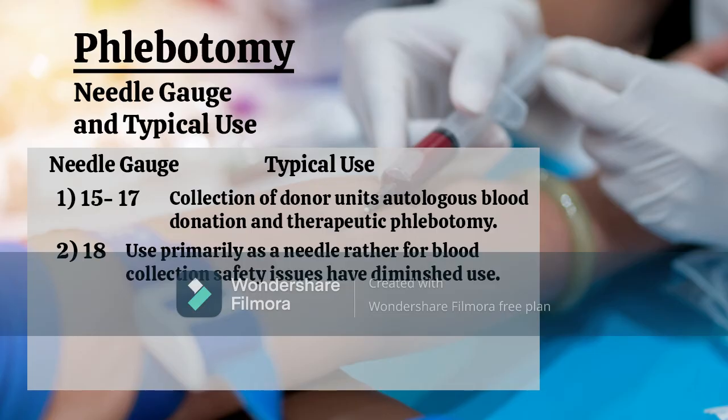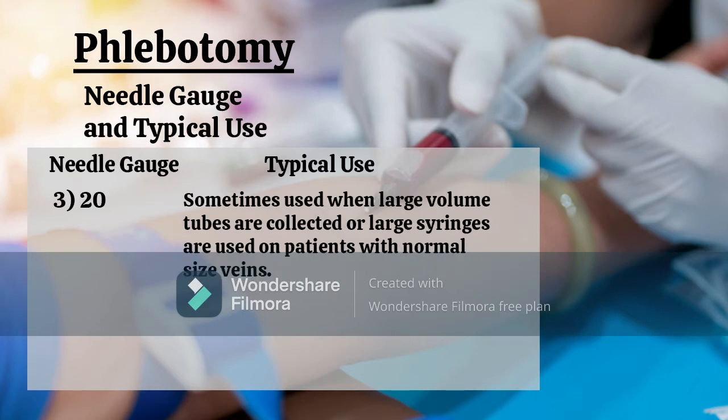Typical use: 1. Collection of donor units, autologous blood donations, and therapeutic phlebotomy. 2. Used primarily as a needle rather than for blood collection. Safety issues have diminished use. Typical use. 3. Sometimes used when large volume tubes are collected or large volume syringes are used on patients with